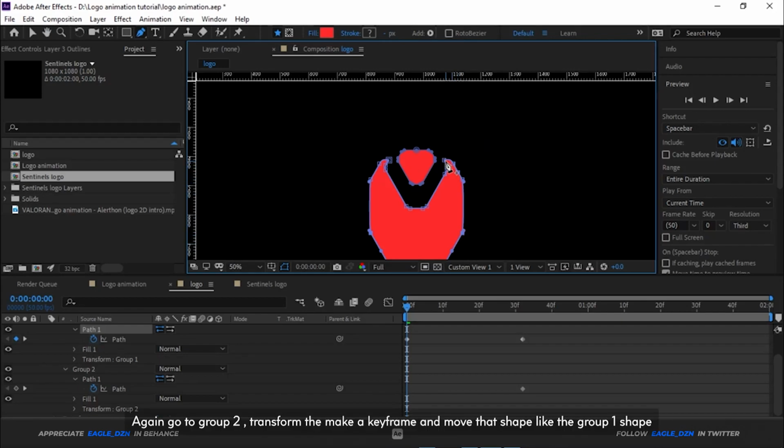Again go to Group 2, make a keyframe and move the shape like the Group 1 shape.